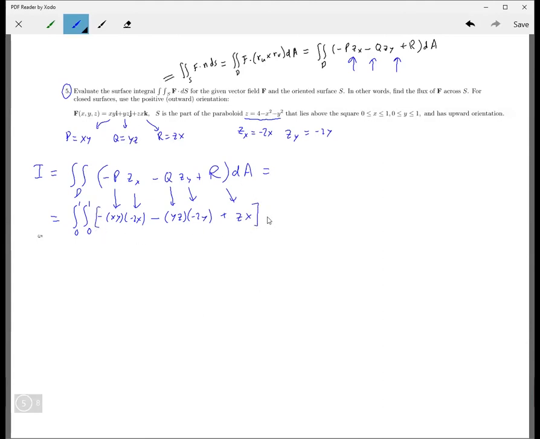And that's dA, we'll just go dx dy. So hopefully that's pretty straightforward. It's just a big integral, that's all. So this is, what, 2x squared y plus